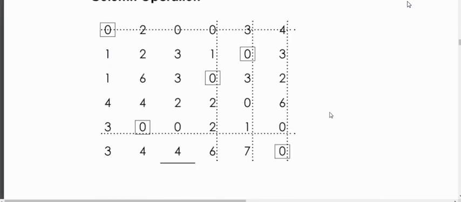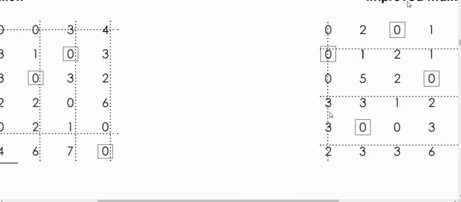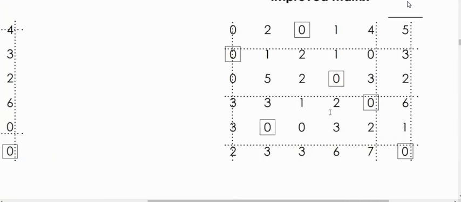Then we did the column operation. After the column operation, what do we do? We cancel the rows and columns having maximum zeros. So now we'll cancel the rows and columns. And wherever there is a clear 0, there we would do the allocation. After that, from all the uncancelled numbers, I have to subtract the minimum number.